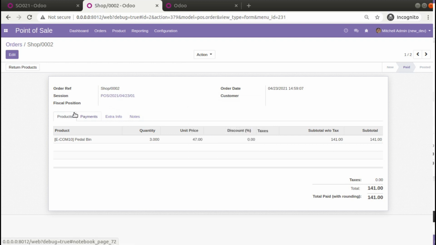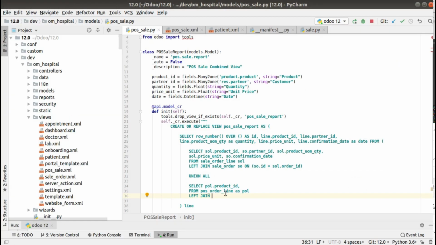So I'll be left joining with the POS.order model: left join POS underscore order, left join PO on, then you have to write the condition PO.id equal to POL.order ID.